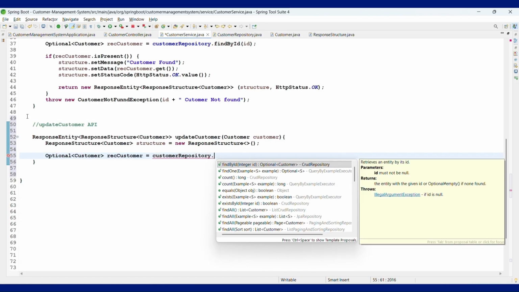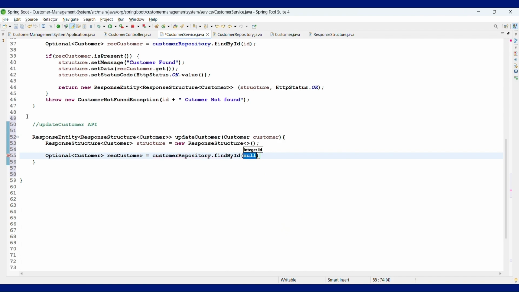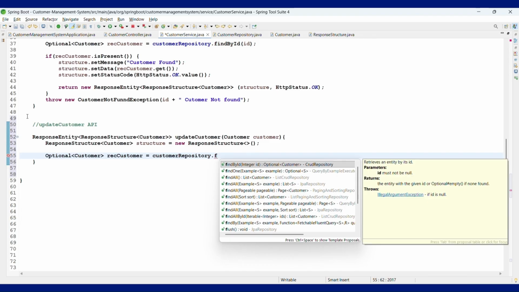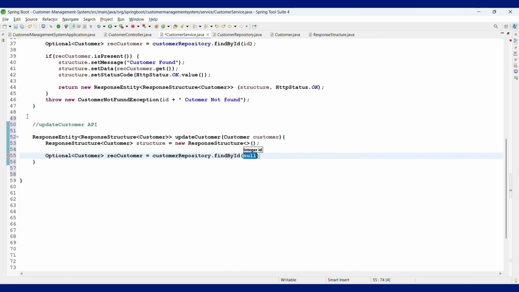If you remember, we have a method present in the customer repository, that is findById. The service class method is not findById, but yes, we can use that findById, no problem. So findById is equal to